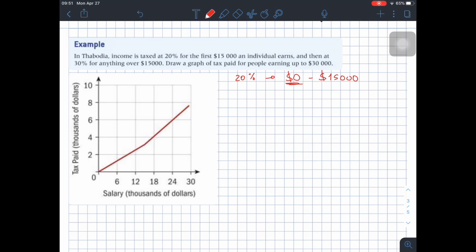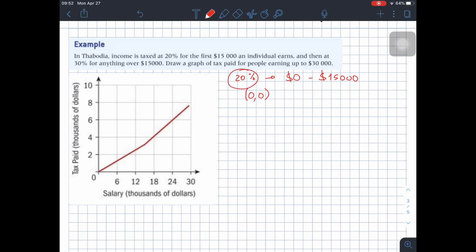So if we spend $0, we will be charged $0 for taxes, right? So a known point of this line would be (0,0), $0, 0%, $0. And another known point would be